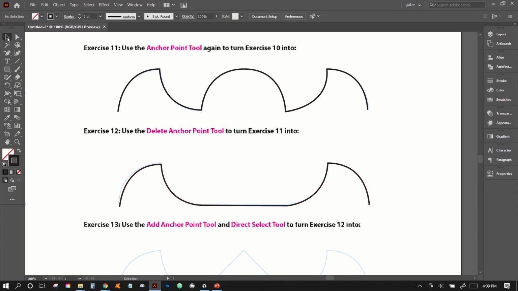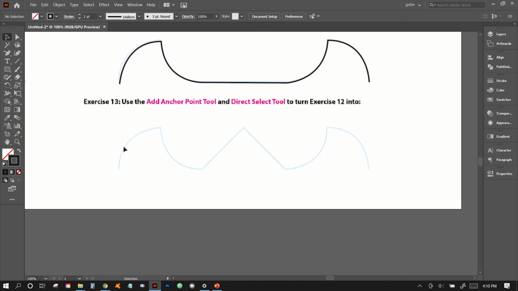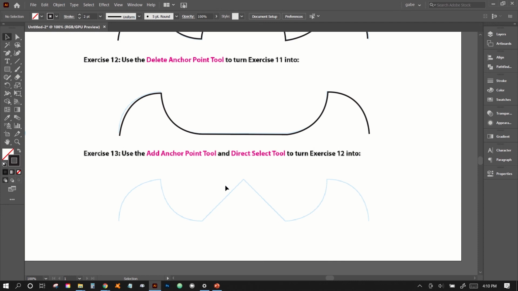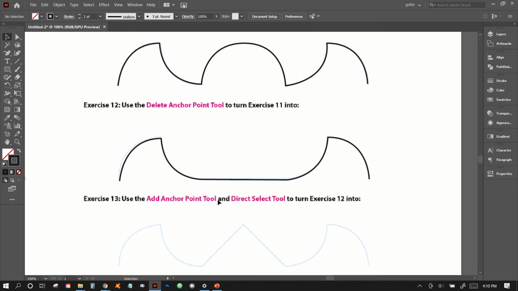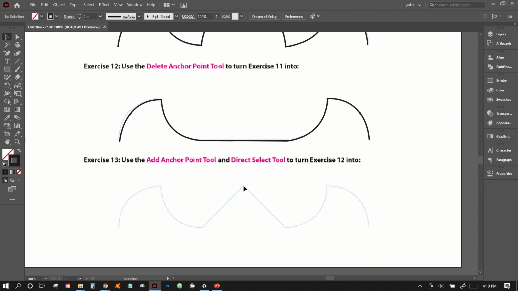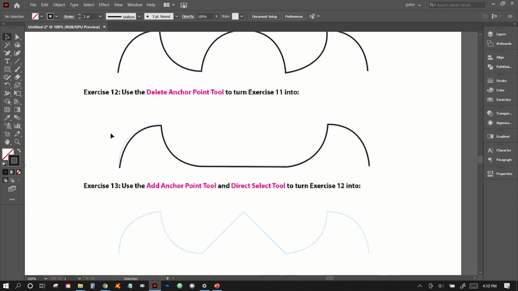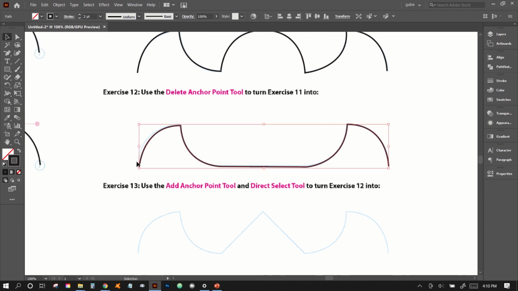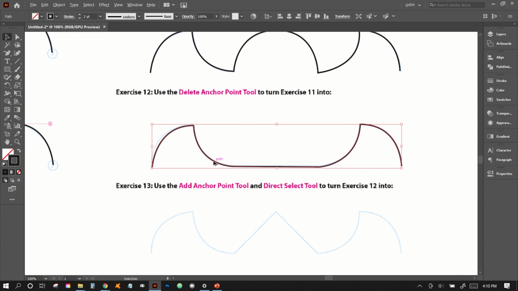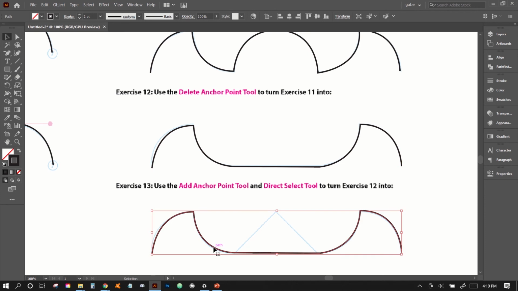All right, so now let us do the final exercise, number 13, and then we're going to use the add anchor point tool to make this pyramid in the middle out of the last exercise. So we'll take our selection tool, we'll select our path, then we're going to hit Alt and hold it and drag it while having the Alt key held, and then we'll just drag it on top like that,